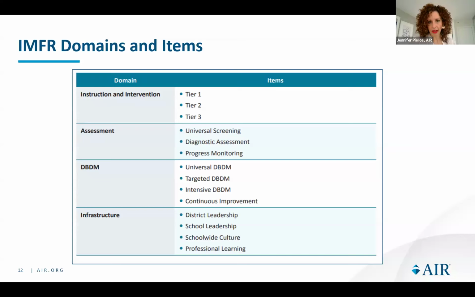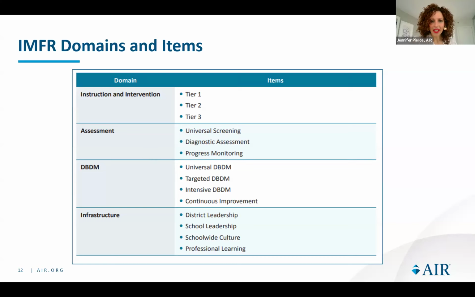But yes, rest assured that family engagement is a part of the procedures in data-based decision-making, and is embedded within the scoring criteria for infrastructure down here as well. You are right. And Jennifer, I know you're about to answer the second chat question from Carol Quirk, but in the second I have, what I see across SPDGs is that family engagement is generally the very lowest of the scores. And people are being honest, they're sharing their data with us, but that's just something to think about as part of DBDM, that will also affect things.